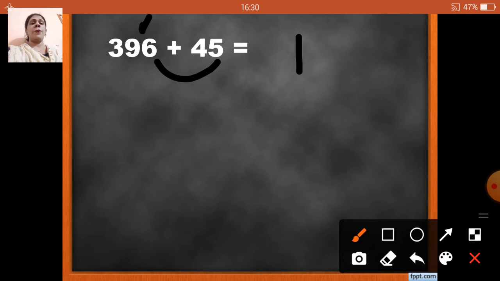Now, children, we are going to add 9 plus 1. So, 9 plus 1 will be how much, children? 10. Now, to that 10 I will add this 4. So, 10 plus 4 will be 11, 12, 13 and 14. So, I am going to write 4 here and again carry over 1